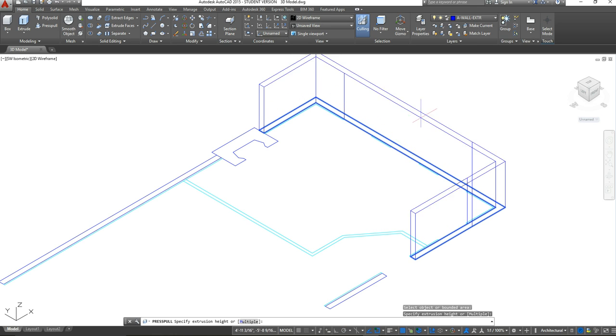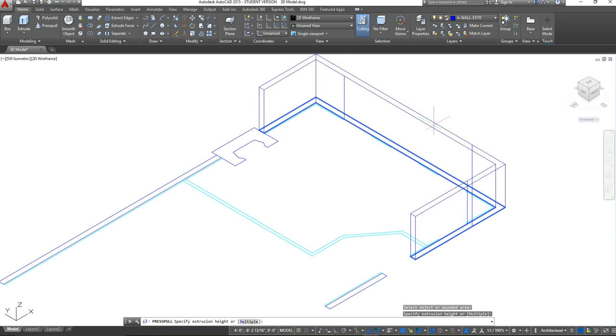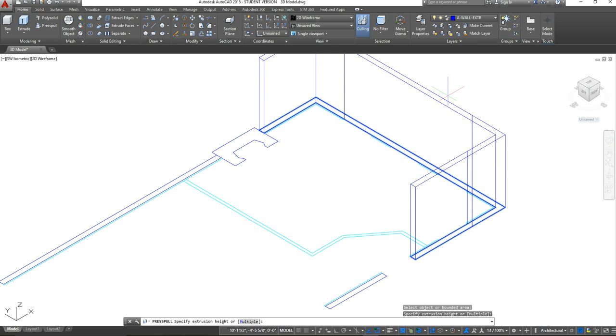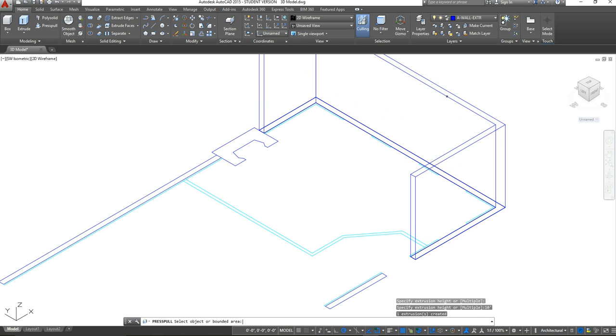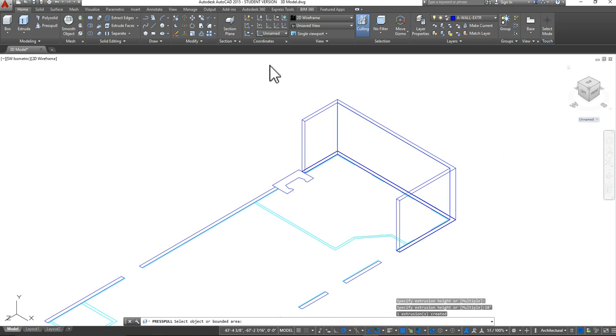Once I click one time, you guys will see that it now starts to pull that area up. I'm going to pull it upward, and I'm going to type in what I want that height to be. In this case, I'm going to do these walls at 10 feet. So I'm just going to type in 10 feet on my keyboard and press enter, and that will take those walls to 10 feet for me. Okay, and I'm just going to do that for this interior portion here, as well as this full wall here,